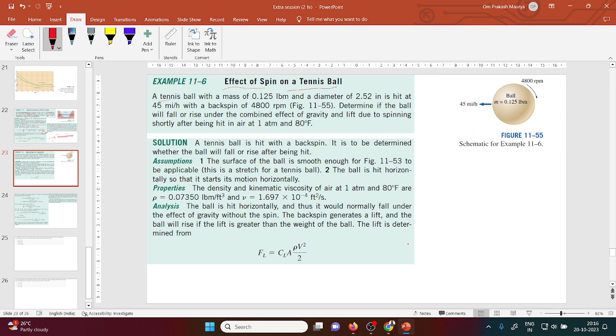A tennis ball with a mass of 0.125 lbm and a diameter of 2.52 inch is hit at 45